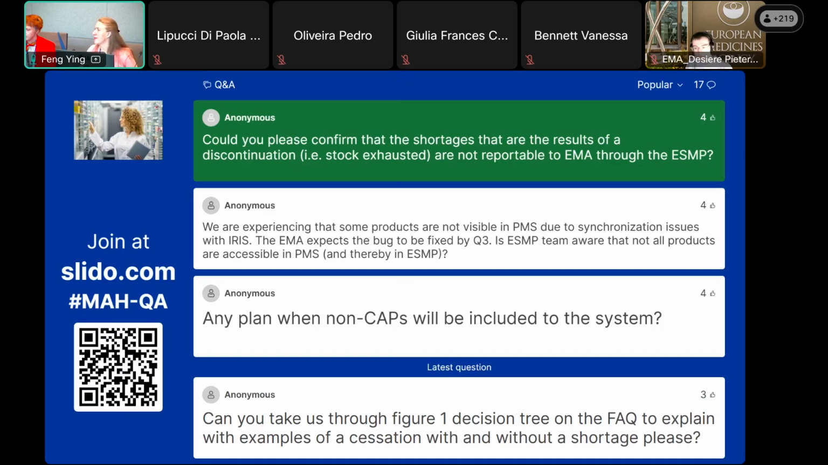Indeed, when the marketing status is not marketed, which is a permanent discontinuation of the product, then products are not reportable through the ESMP. However, this needs to be indicated in IRIS. In case the product is discontinued, permanently ceased from marketing, this needs to be reported in IRIS,